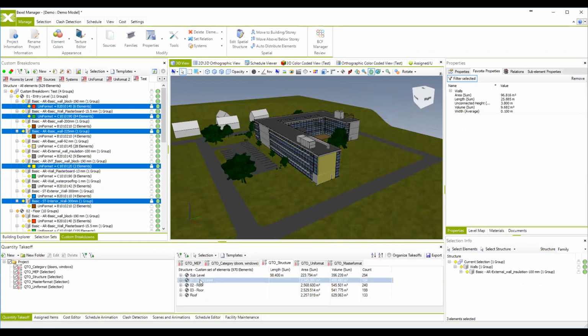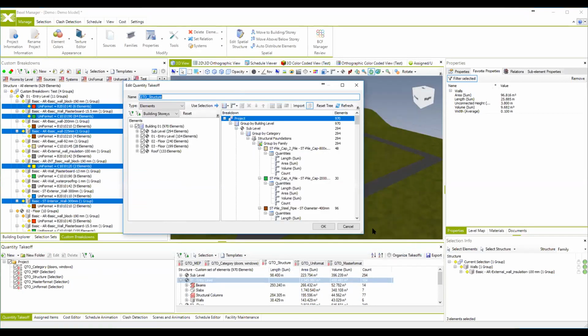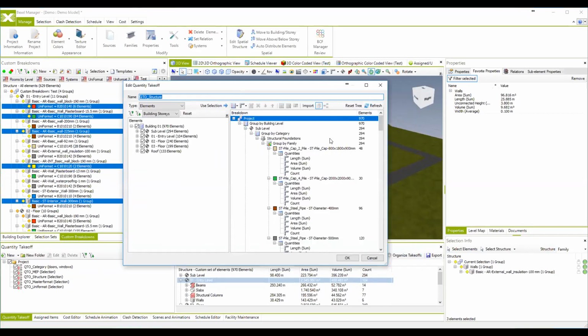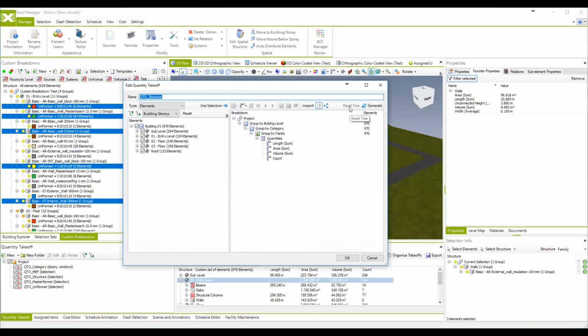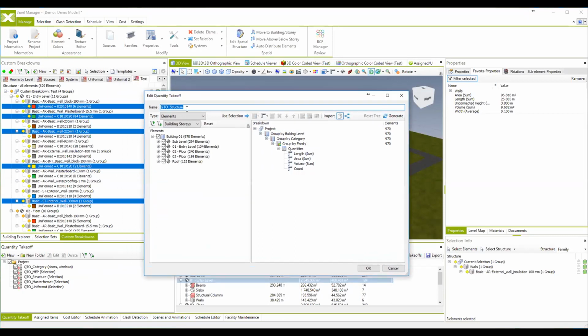And you see the quantification performed for these elements. And I'm going to show you how it actually works. When we go to the edit quantity takeoff, you see the window is almost similar to the window for creating the custom breakdowns. So when we hit the reset tree, we see that the quantity takeoff structure for this specific quantification